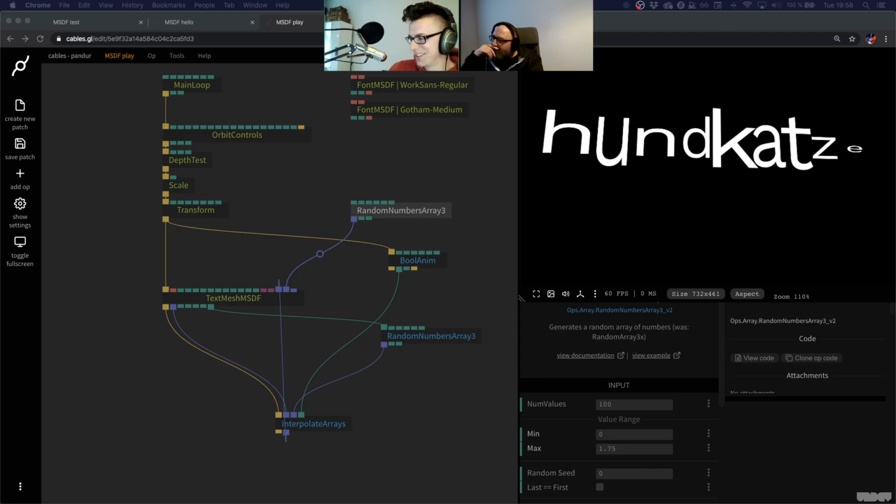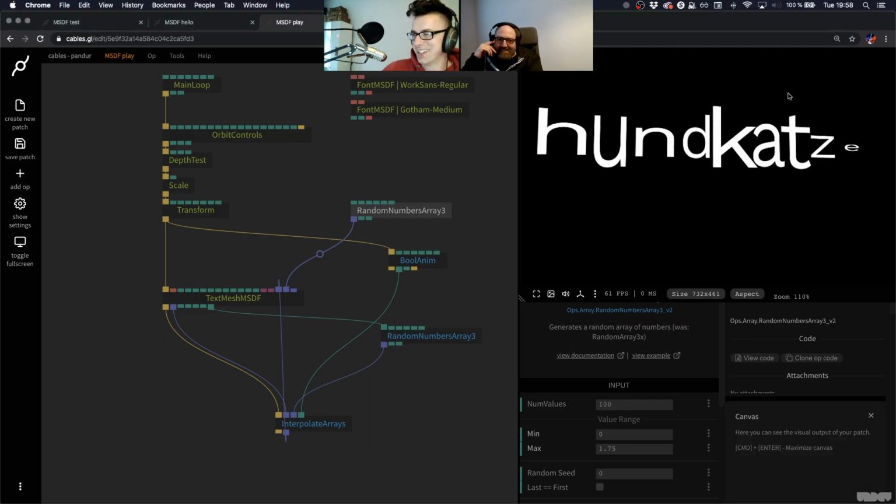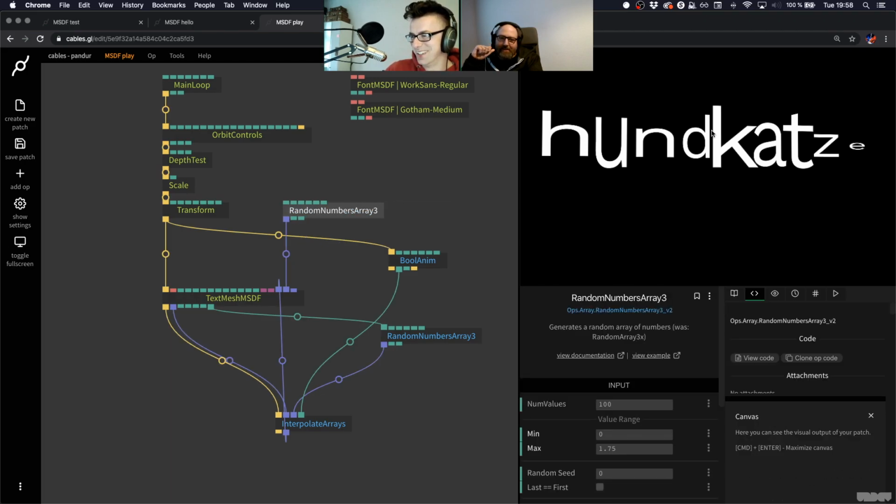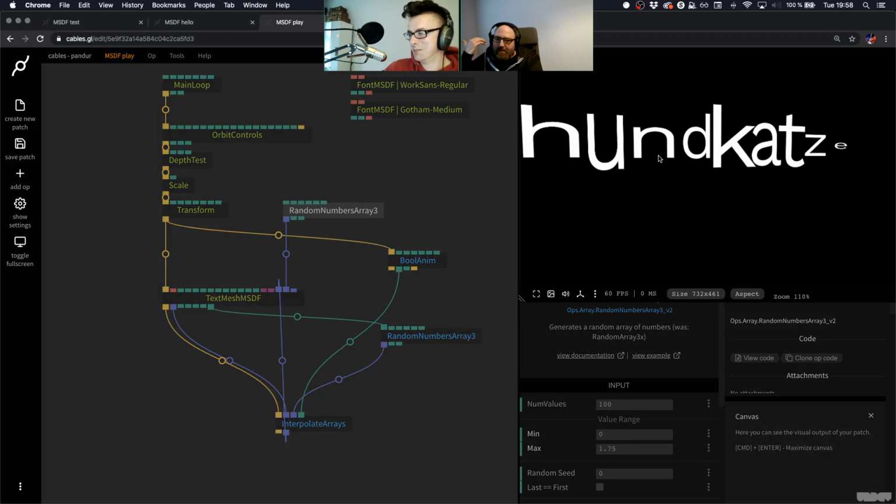Extrusion, I think that's not going to happen for a while. That's the next thing. Just use a repeat op on the Z axis and put them really close to each other. That would work for now. Yeah, maybe one day, but this wouldn't work pixelated, and with extrusion we were thinking